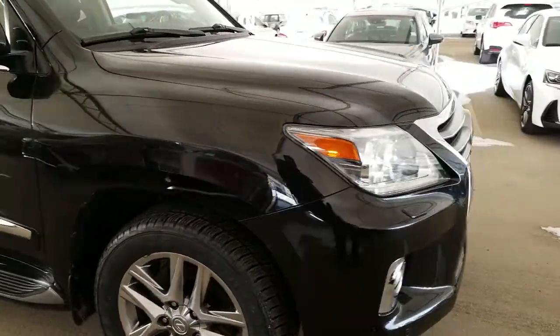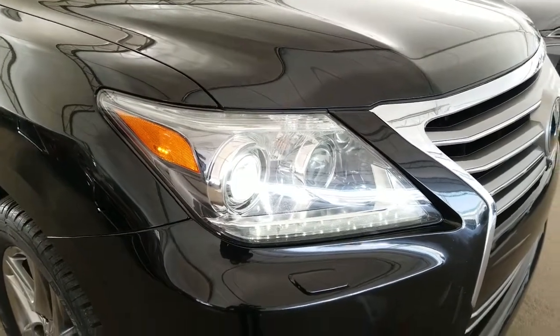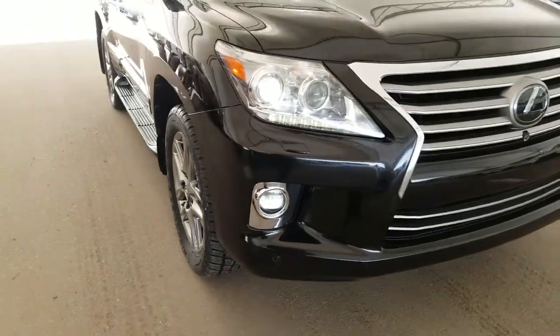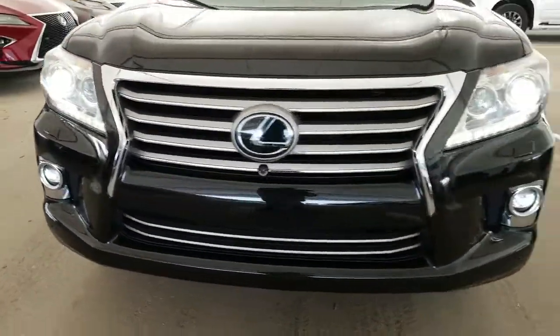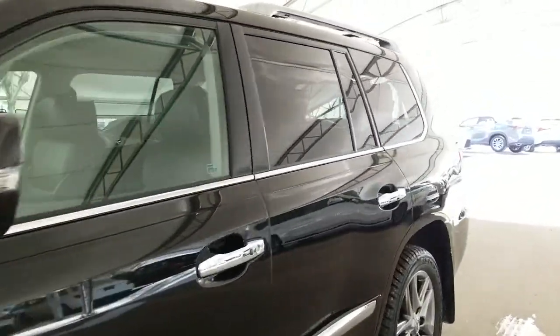Some of the features do include auto leveling HID headlamps with the adaptive front lighting system, LED daytime running lights, LED fog lights, headlamp washers, front and rear park assist sensors, keyless entry with the push to start ignition,